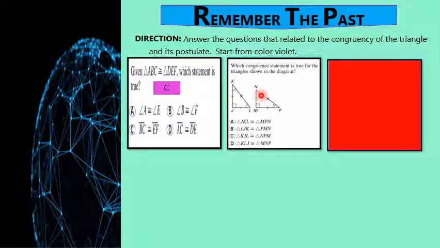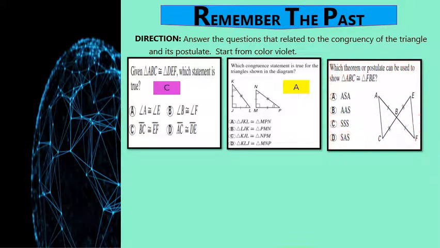So as you can see, we need to start from the congruency. So if this is the angle G, it is congruent to angle M. So therefore, as you observe, letter A is the only correct answer. So the answer is letter A. Then let's go on to the